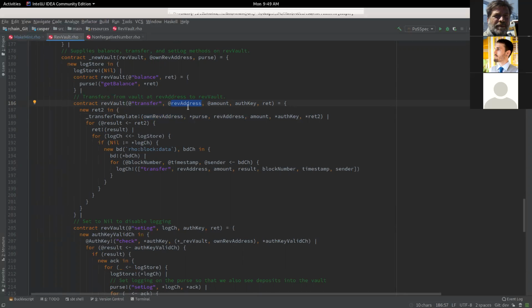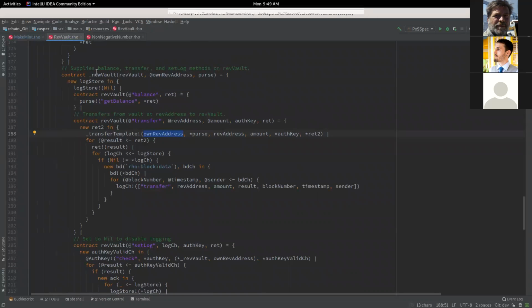What we're going to do is provide our rev address. I don't remember what that thing is. It must have been defined up here. Oh yeah, because when we created this vault, this is the name that it has. That's why we're defining these methods on it. This is the rev address that this rev vault is associated with.